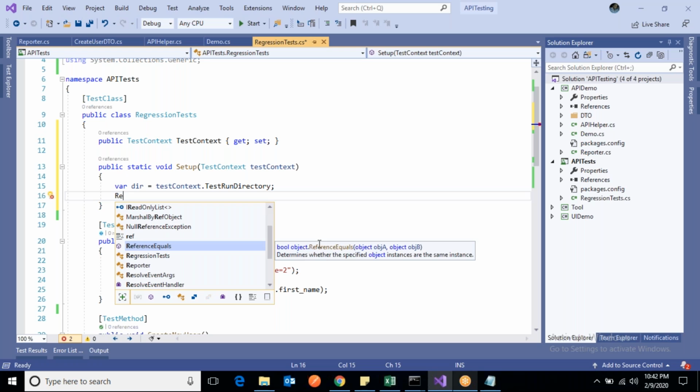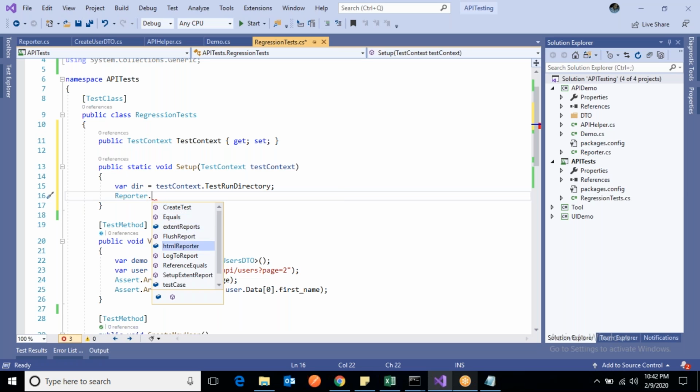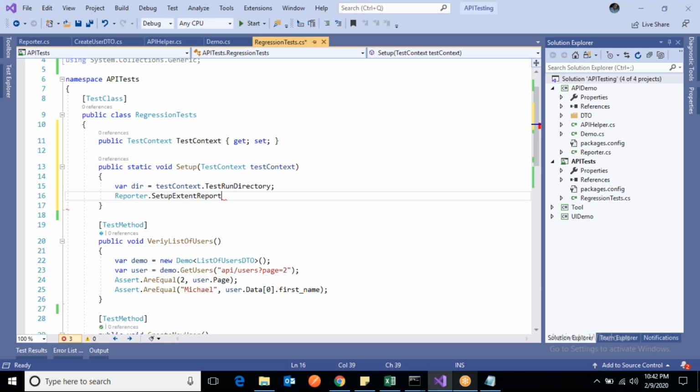Now we need to use this reporter, because it's static, so I don't need to create any object to access this. So now let us call this method setup extent report, and it requires a report name. So I would say API regression test. This is the report name,